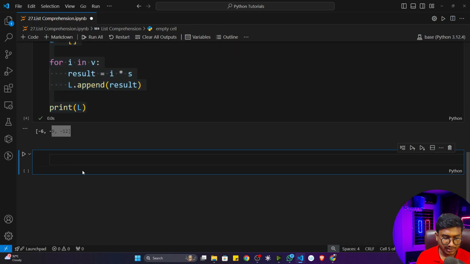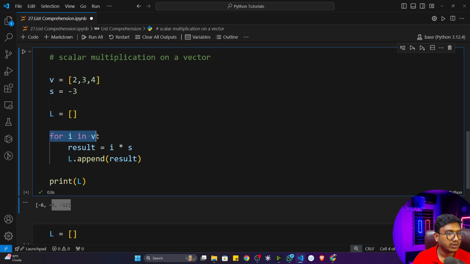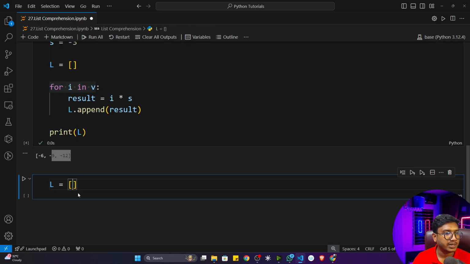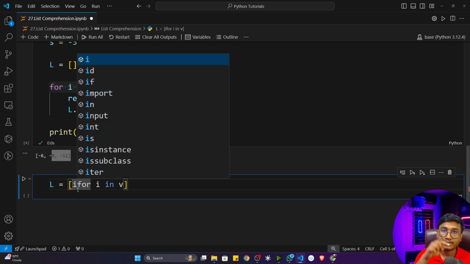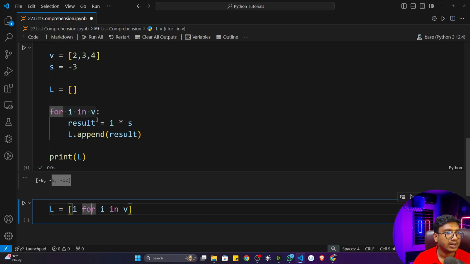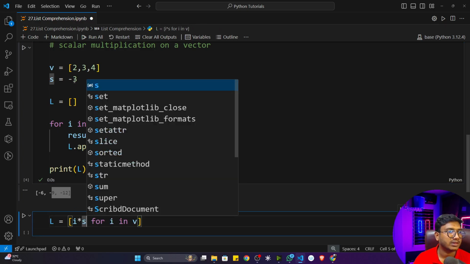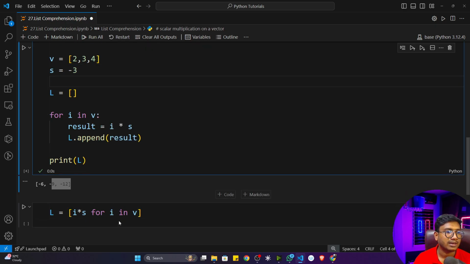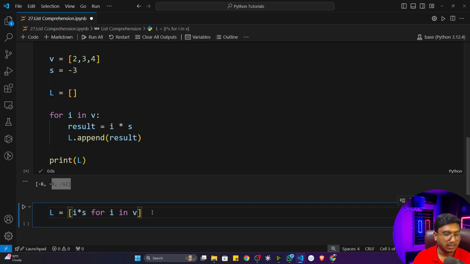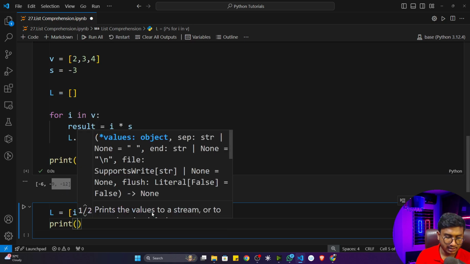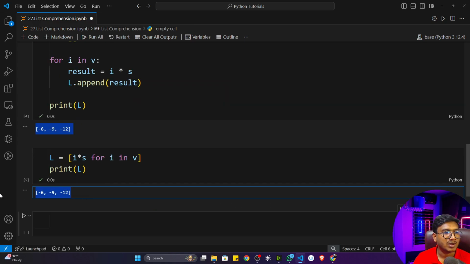So first of all, I'll define a list. I'll copy the same for loop statement. Now I told you, if you want to add this particular i, you need to take this i before the for statement. Here, what I was doing was the multiplication with this s. So whatever value I'm getting, I just need to multiply it with the scalar value I have. That is the idea. Now if I print this L, you'll see that I get the same output